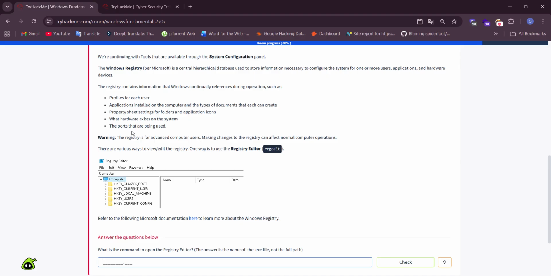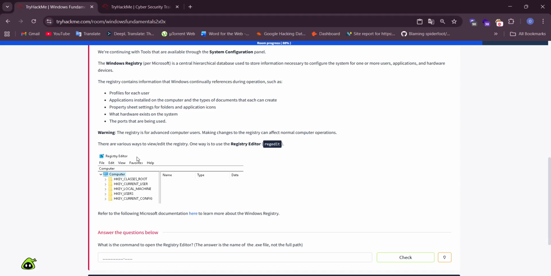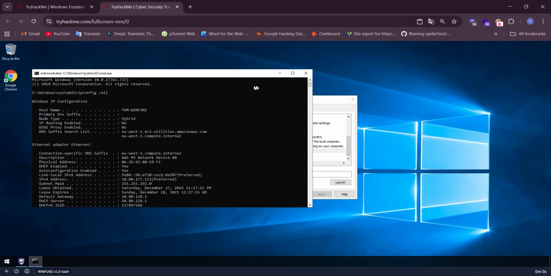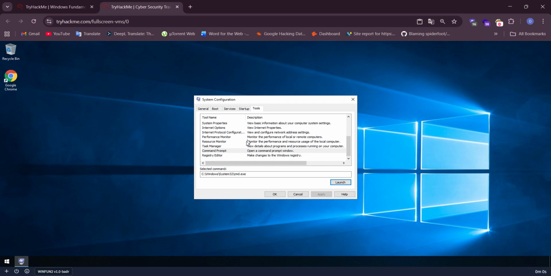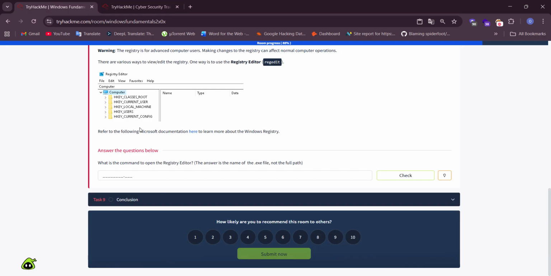It's a central hierarchical database that stores information in our system, such as very crucial information, such as system information and so on. Okay, regedt32.exe.